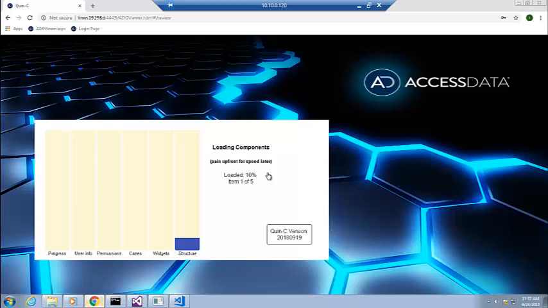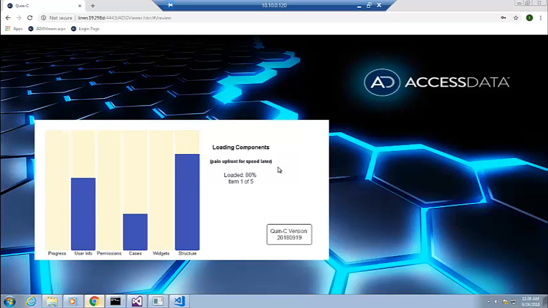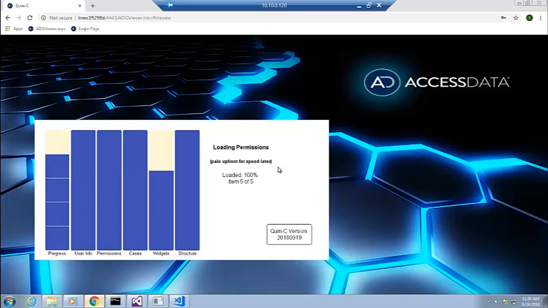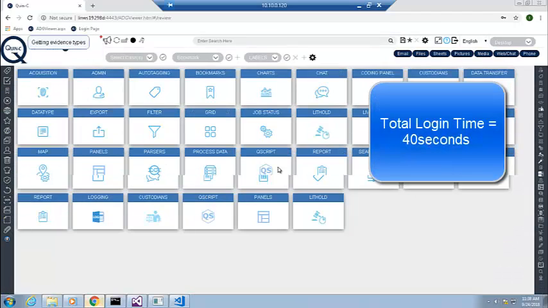So the reason this is going to be painful up front, and we've got sort of pain up front here for speed later, is because during the loading process, we have to load every one of those widgets, every one of those modules, and some of them are quite large. During your install process, you should have had the opportunity, if your users are English speaking, to strip out the location widget, and that should save some time in loading, but nonetheless, loading is still slow, as we are currently experiencing. Okay, great, we're into the product,